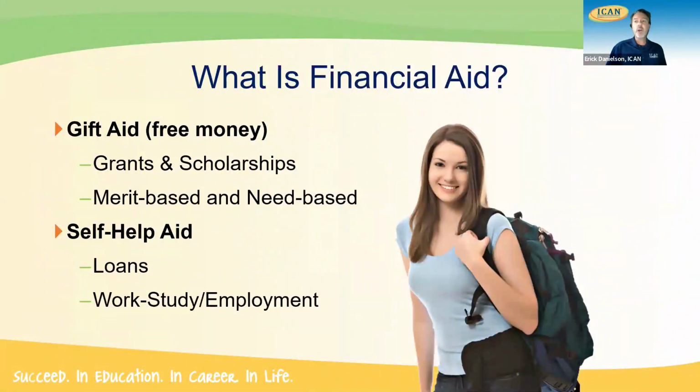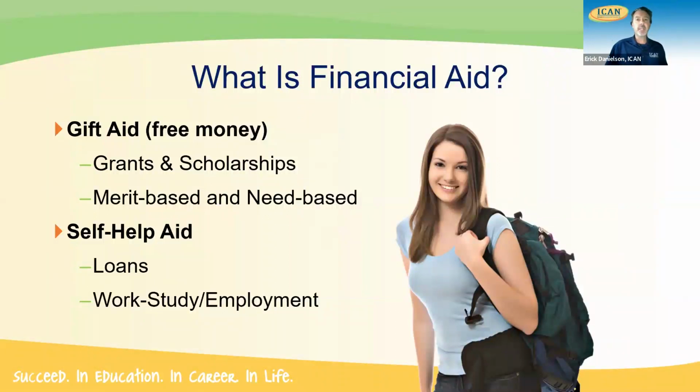First of all, though, what financial aid is. When we talk about financial aid and what you're going to see on the financial aid offers, it includes, hopefully for some of you, gift aid, the free money you don't have to pay back, in the forms of grants and scholarships. Now, those grants and scholarships can be given based on merit. A lot of times scholarships are based on merit: academics, athletics, artistic ability. And then there is need-based aid, depending on your need. After you fill out the FAFSA form, there can be grants given, whether they're federal, state, or even from the colleges themselves.